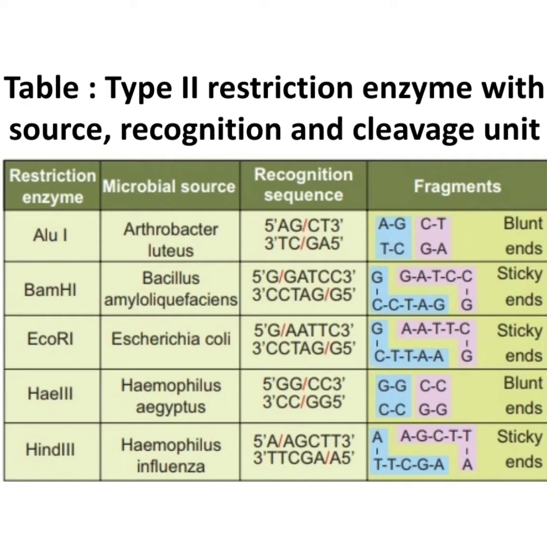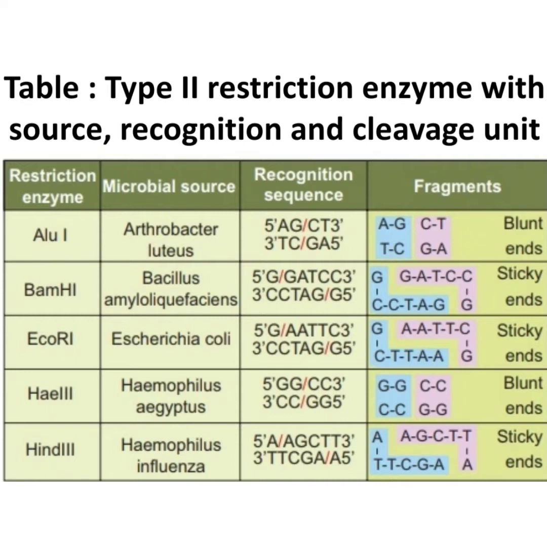BamHI is taken from Bacillus amyloliquefaciens, which has 5'-G, GATCC-3', and the complementary strand 3'-CCTAG, G-5'. And the cut is made between G and G in the above strand and the complementary strand between G and G. So, the fragments obtained are G and CCTAG, and another fragment GATCC and G. These are sticky ends. In the restriction enzyme,